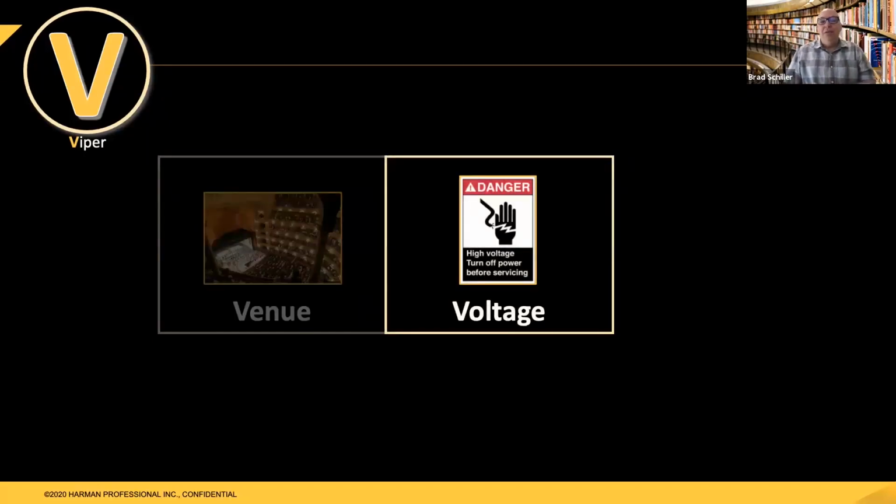Voltage. When we talk about electricity, this is the pressure at which electrical current is available. So if you think of a pipe of water, for example, how much pressure, how much is pushing it out? That's similar to voltage. Across the world, there are different voltages, from 100 to 240 volts. Most lighting products today have the power to automatically switch, but a lot of older ones did not. You had to switch what voltage they worked with.